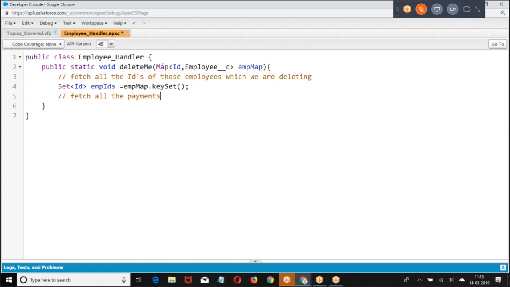Fetch all the payment records. The list of payment.